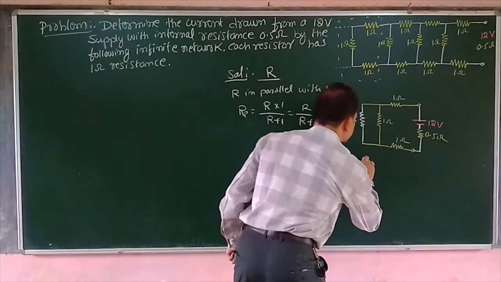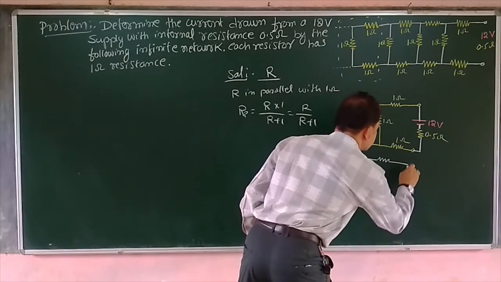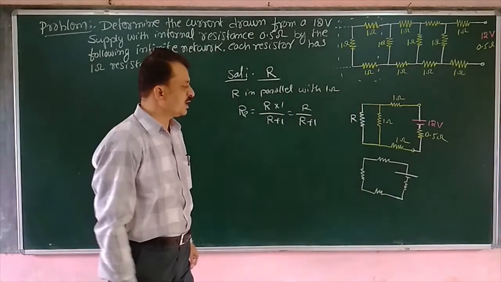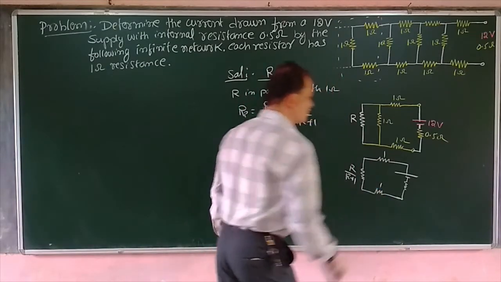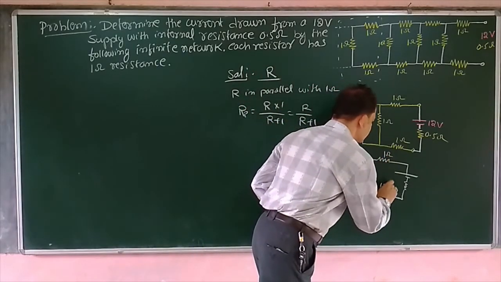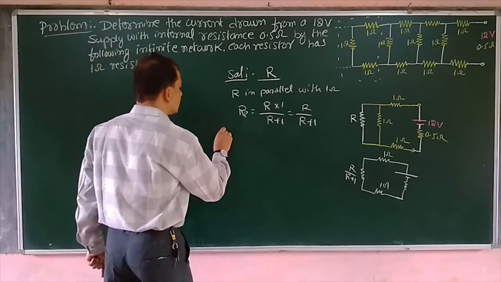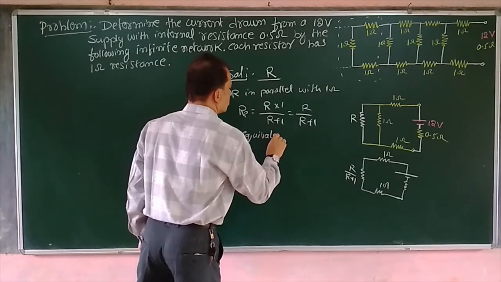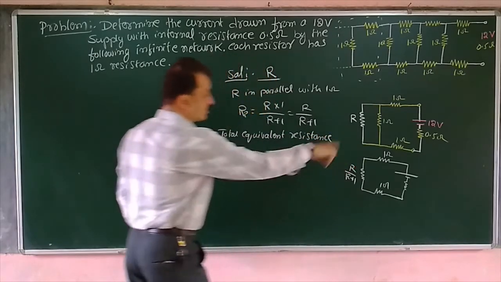Now the circuit reduces to, once again, simplified. Now we are getting 3 resistors along with one more internal resistance. Clear? Now this is R divided by R plus 1, this is 1 and this is 1. Now look here, these resistors are in series. They become in series. Therefore, the total equivalent resistance of the entire network